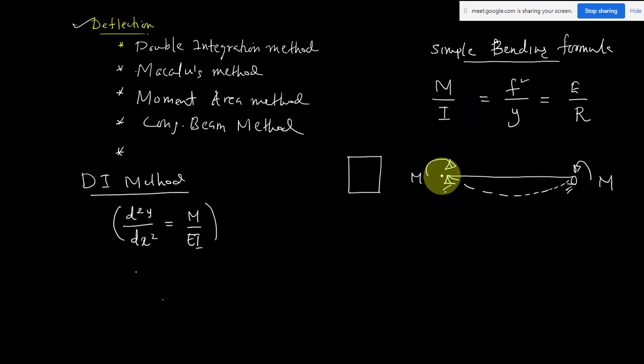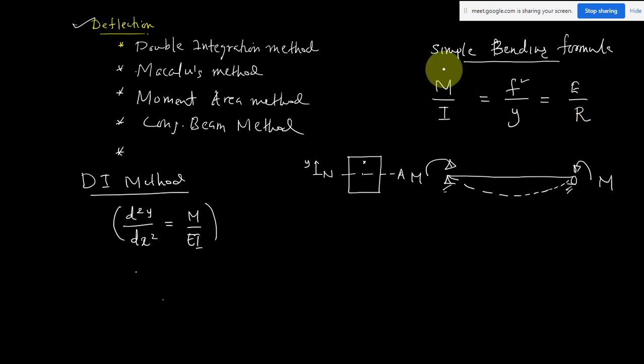Suppose you have a beam of rectangular cross section. Once it bends, there will be a neutral axis like this, and because of this bending there will be some bending stress. This y is the distance from the neutral axis. In your problem, y is the distance measured from the neutral axis. Suppose you want to find the stress value at this point, you have to measure y from the neutral axis to this point. E is the Young's modulus, the elastic constant of the material, and R is the radius of curvature.